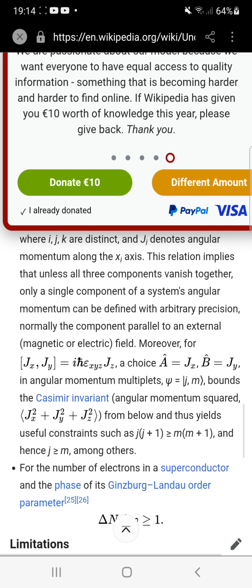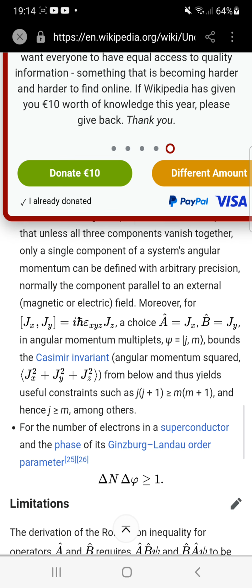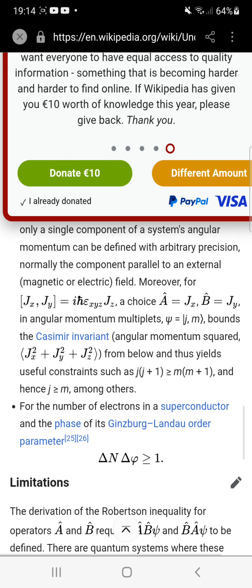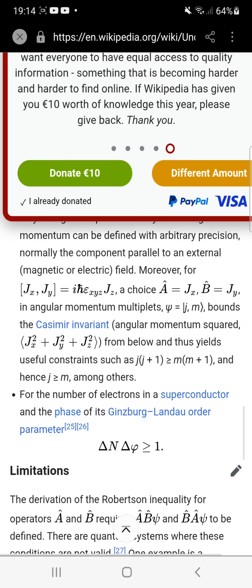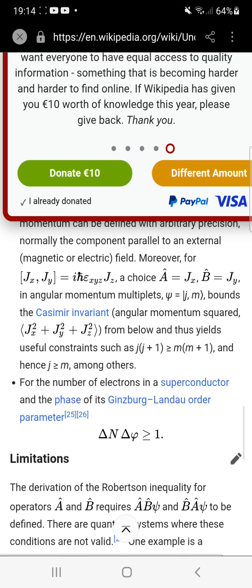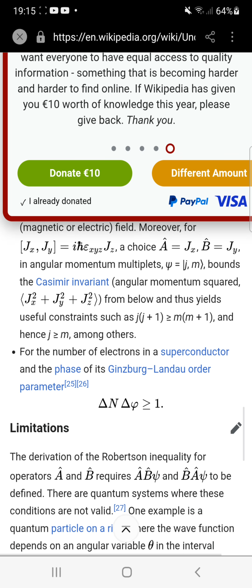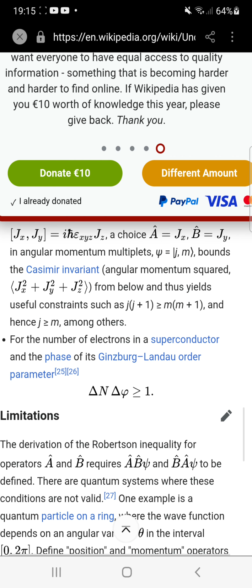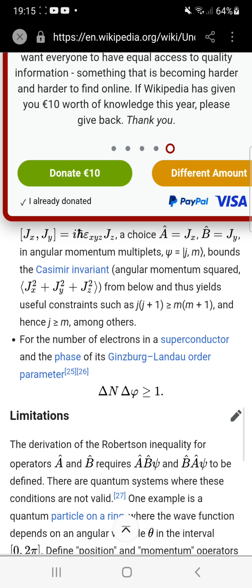This relation implies that unless all three components vanish together, only a single component of a system's angular momentum can be defined with arbitrary precision, normally the component relative to an external magnetic or electric field. Moreover, for j x, j y equals i h epsilon x y z j z, a choice a hat equals j x, b hat equals j y, for an angular momentum state j m bounds the Casimir invariant,